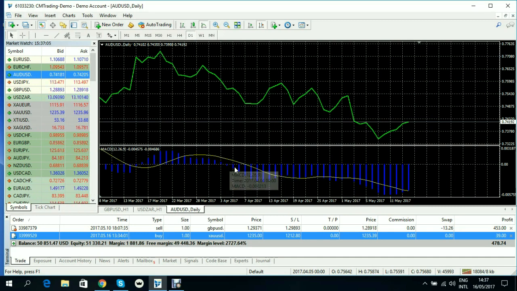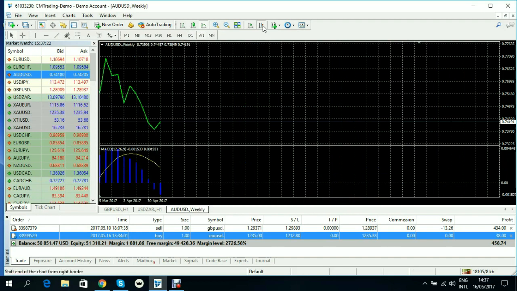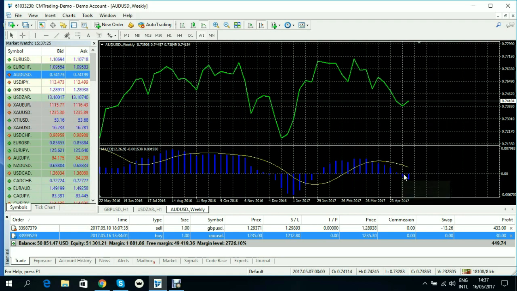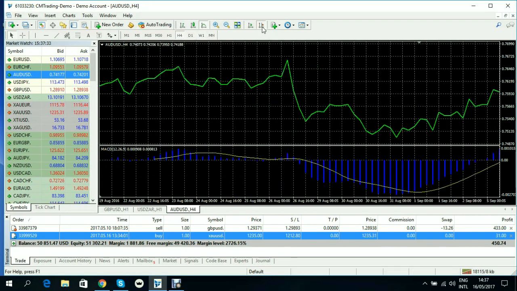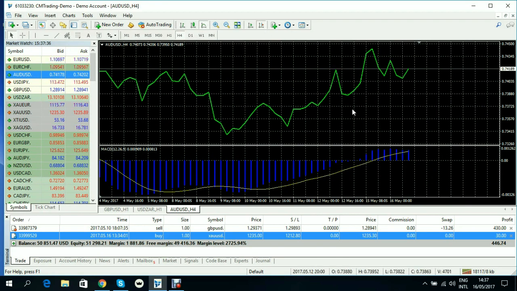Now on the daily, it is a sell, because the bars are below, the signal is below the zone. If we check the weekly, the 2 bars are below, but the signal is not yet. So it is not a clear trend as to whether it's going to buy or it's going to sell. All you need to do is to leave it and analyze a different trend. But that is how